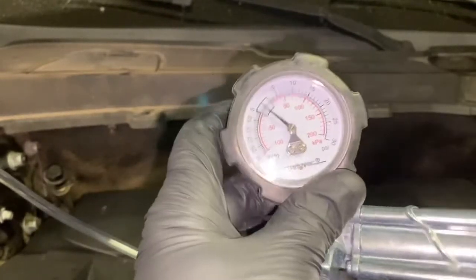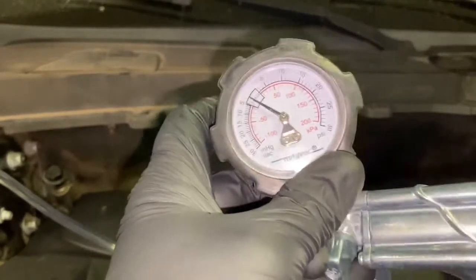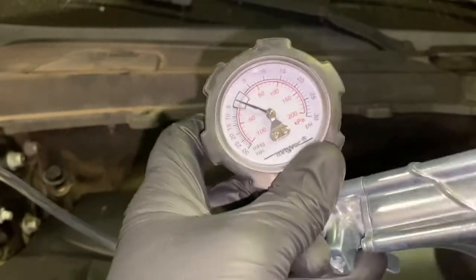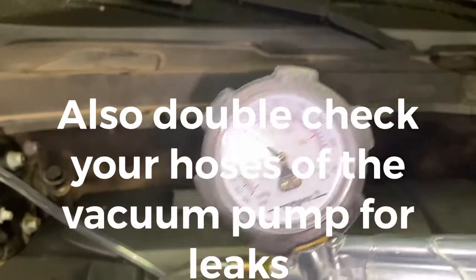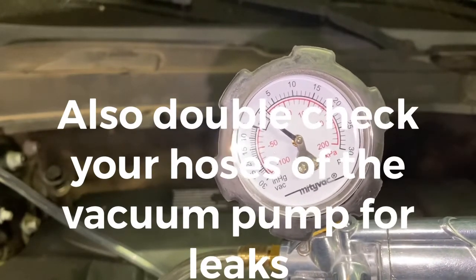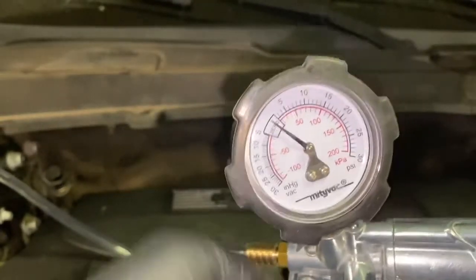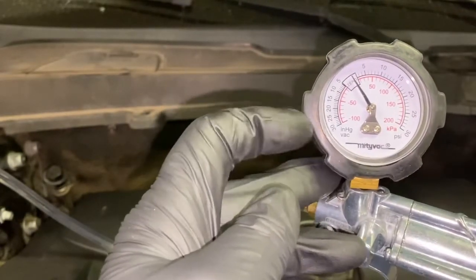Because normally it takes just a matter of seconds for it to jump up. This thing isn't moving at all. I mean, it's not pulling vacuum whatsoever. Everything is sealed tightly on here, and it's just not pulling vacuum. So I do need to address that situation, and it's probably going to be one of the supply lines going into the actual power steering pump itself. But in a normal situation, you would just pump this, and it would take seriously probably 5 pumps, and it would be up to about 20